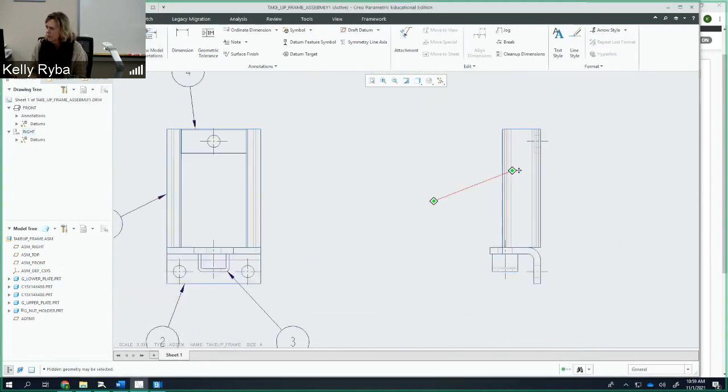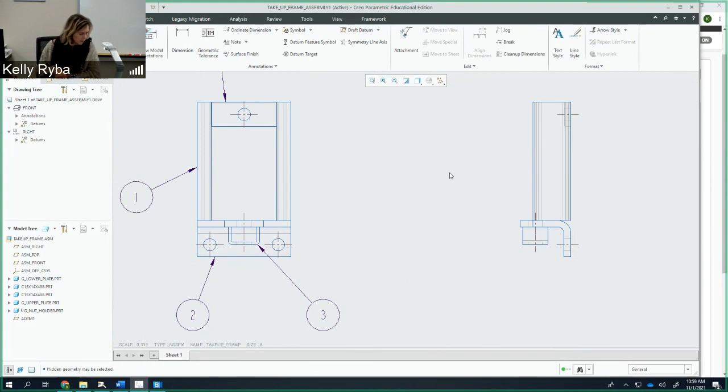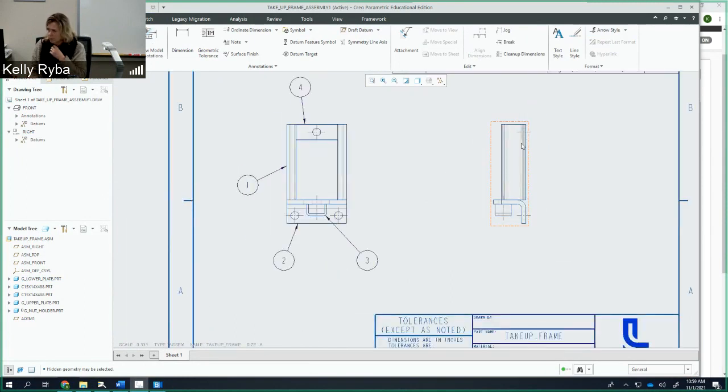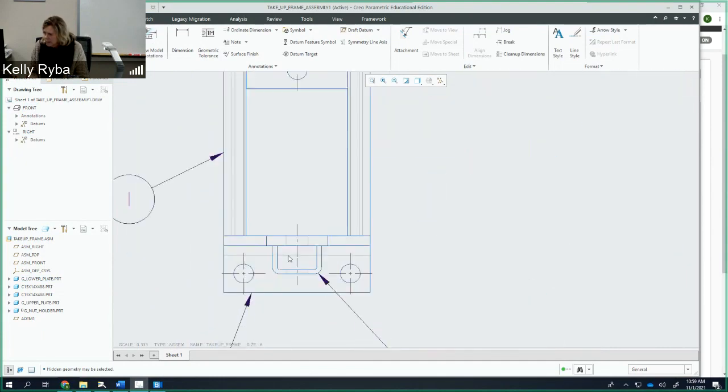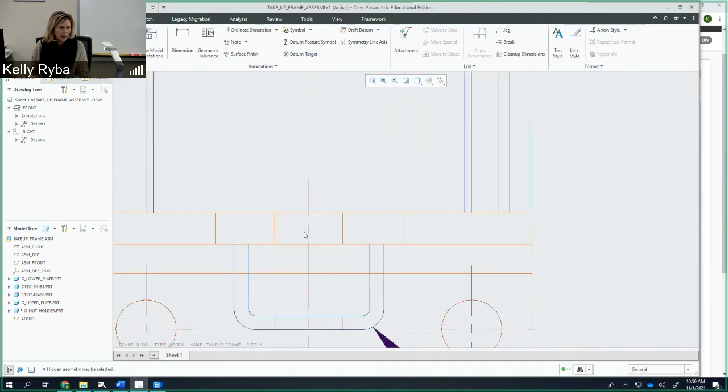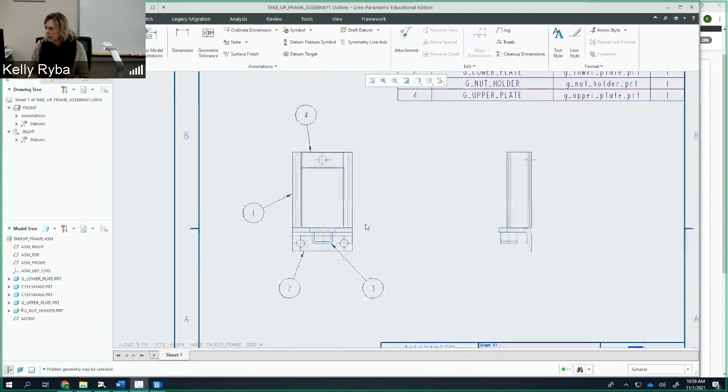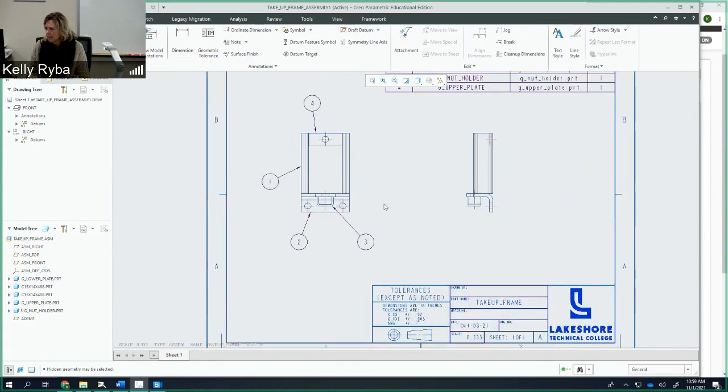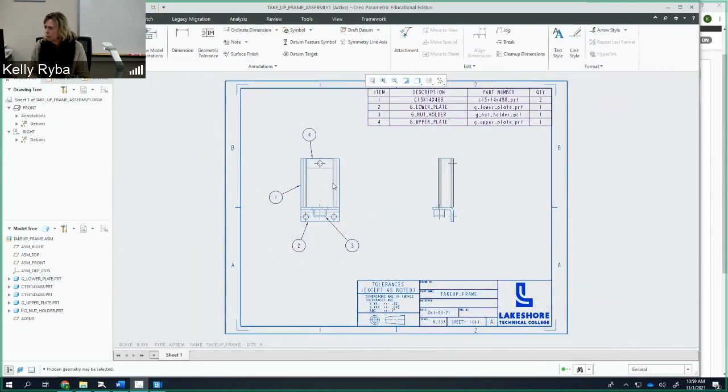Okay, now I'm all set. So my center lines are in place. Now, something I want to let you know too, as you look here, the hidden lines are actually there, although if I zoom in, I don't see the dashes, right? But if you want to make sure that your line types are correct, what you can do is